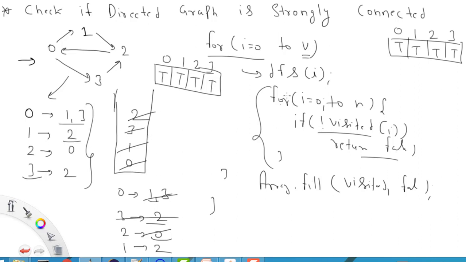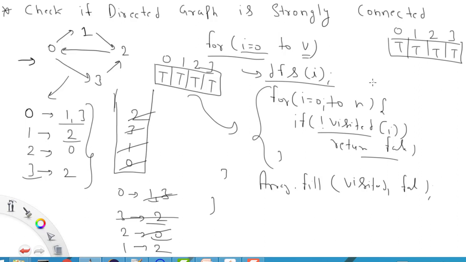Now we'll check here that after DFS for this, I equal to 1, is there any value which is false here. So for this case, all values are true. It means from this 0, I can go to each and every index. Now I will check with I equal to 1, I equal to 2, I equal to 3. Right? So this is how we can operate one by one, to check whether from every point we can reach every other point.